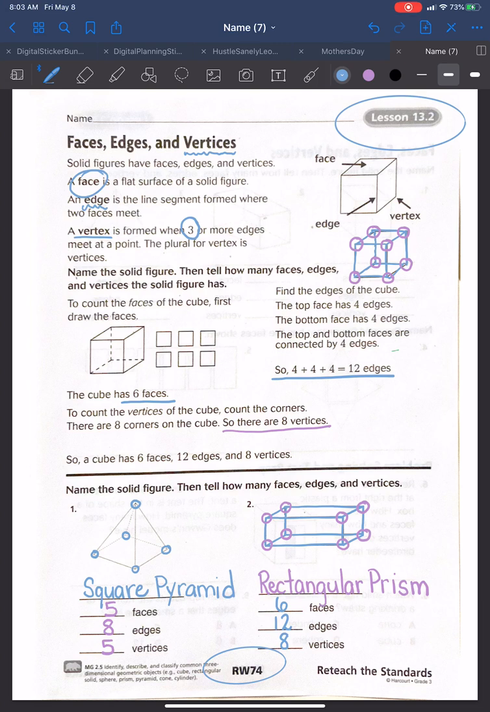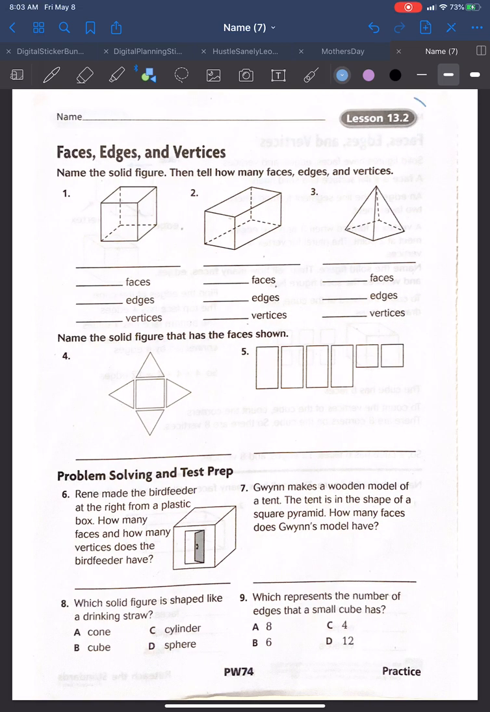All right, now it's your turn to try this out. You will try this out using lesson 13.2, PW74, numbers 1, 2, 3, and then challenge yourself. What shape is made by what these are called the nets of number 4 and number 5? All right, ready,